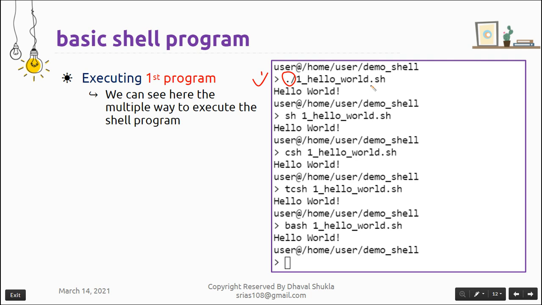If it is not executable, we need to write it manually; we can't use tab to complete the name. You can see hello world is written as the output.